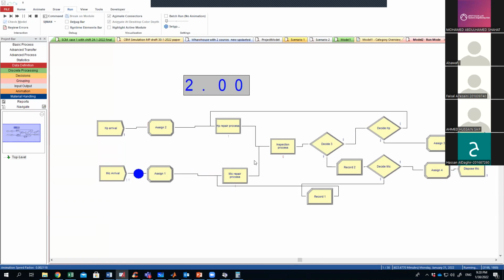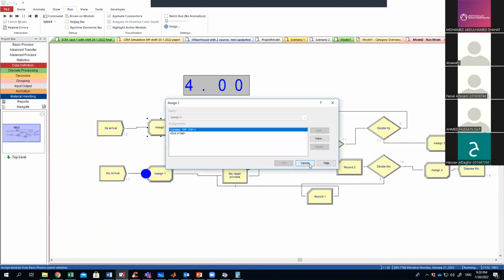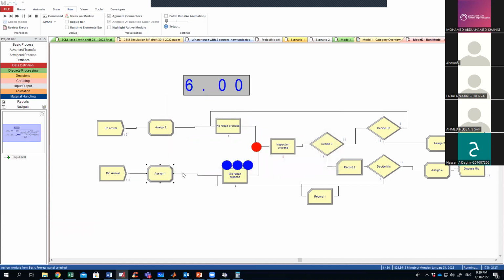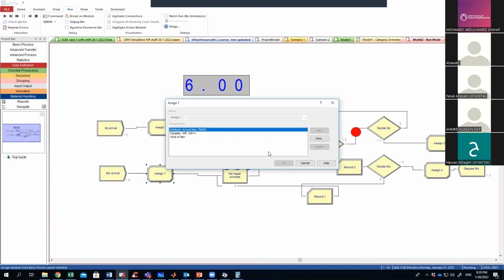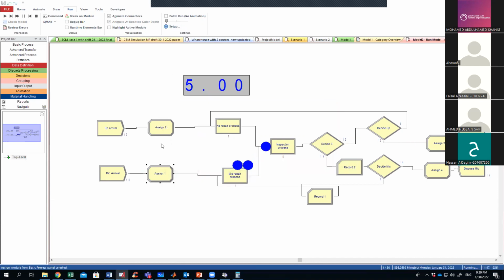Yes. Any question? So we see how to use this record. A record is just to collect some statistics that are not presented in the final report. And we see how to use assign. Assign, whenever you want to put a sticker on an entity, like here, if you want to put any sticker on the entity, assume that you want to,